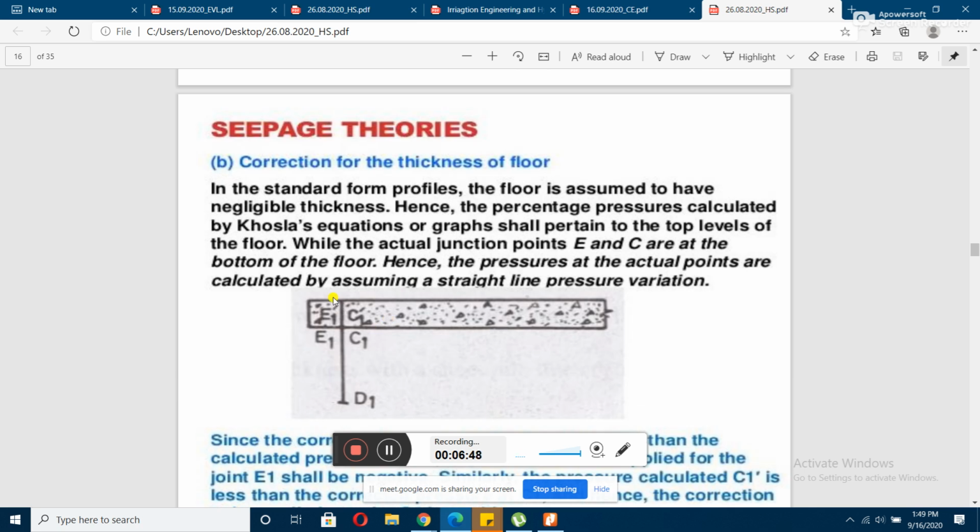So we don't need these particular values. These have been found out from the consideration that the floor is of negligible thickness. So these have been found out, but what we actually need is these values,